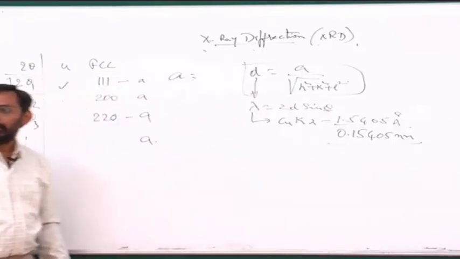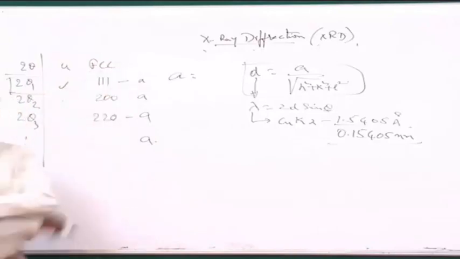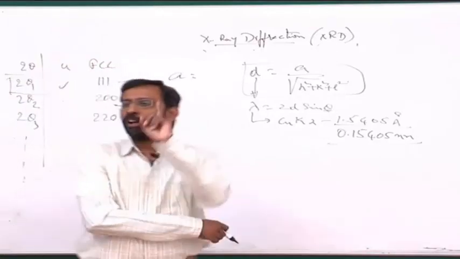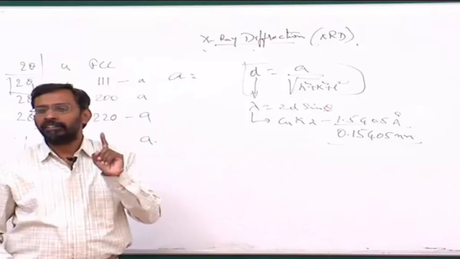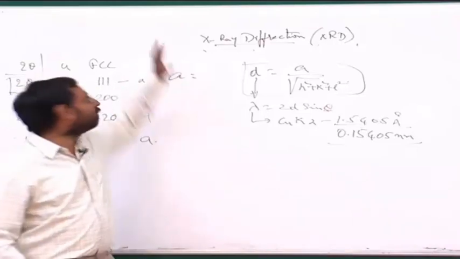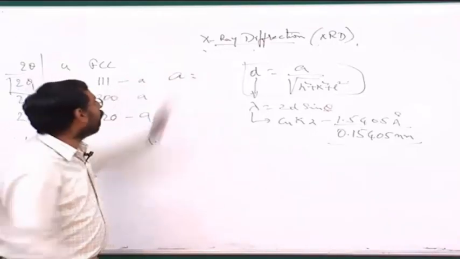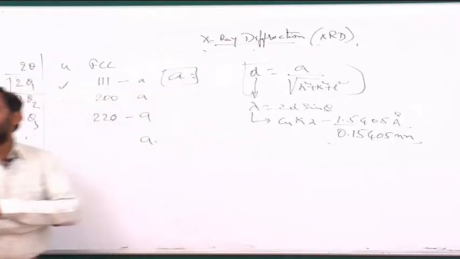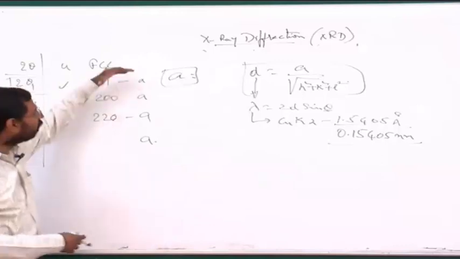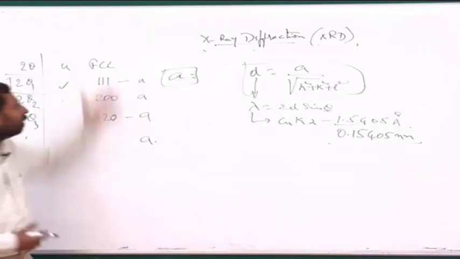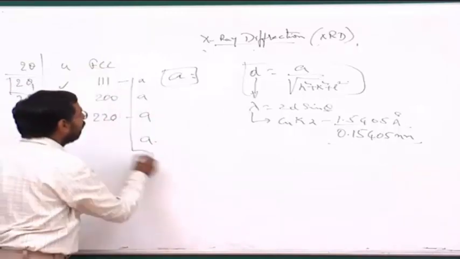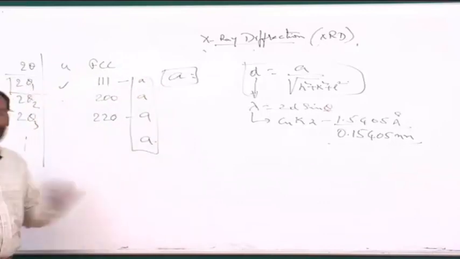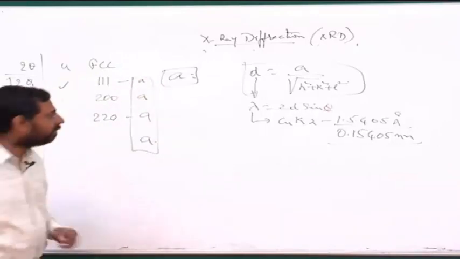Now if you look at all these A's, in principle, we are talking of one single material with a certain crystal structure, which is called FCC, and it should have a fixed A. But you see that this A does not match. Many a times you will see that this A is not matching. So you don't have one single A when you calculate this. The reason is simple.